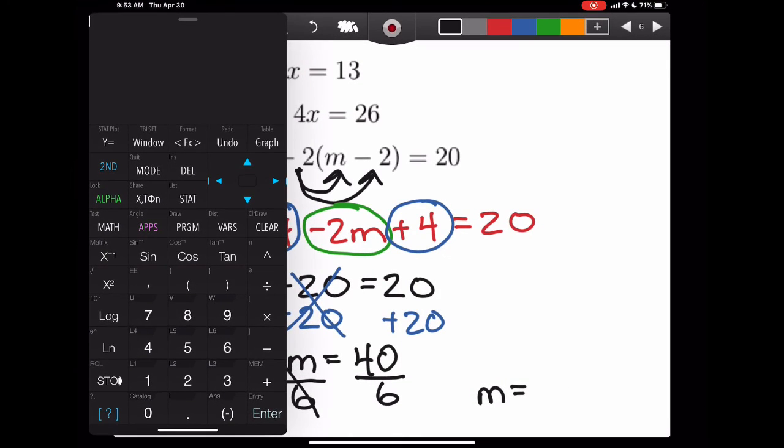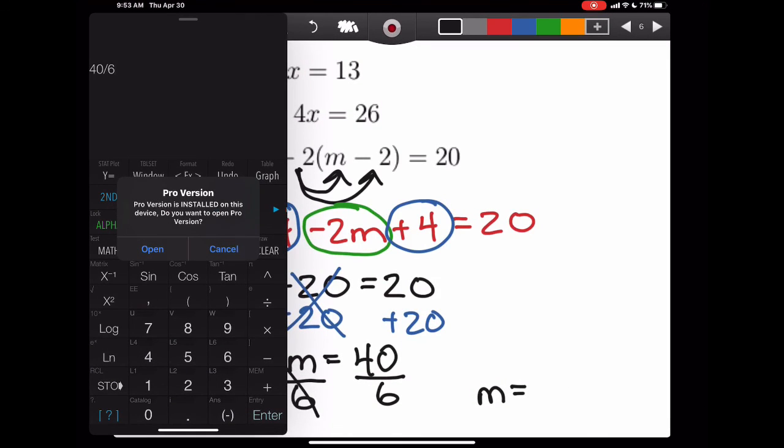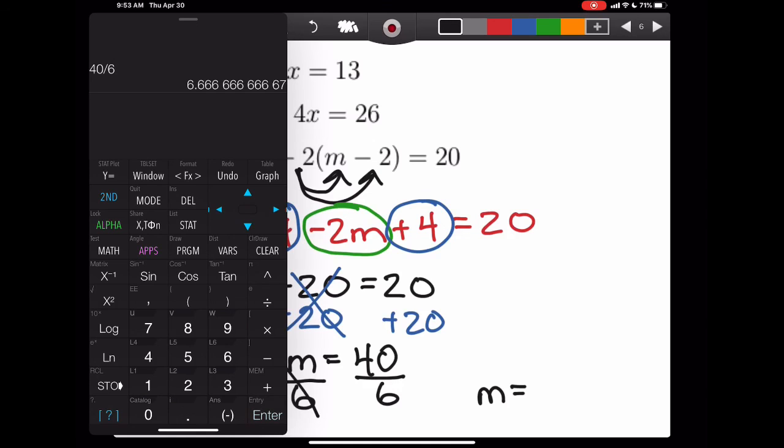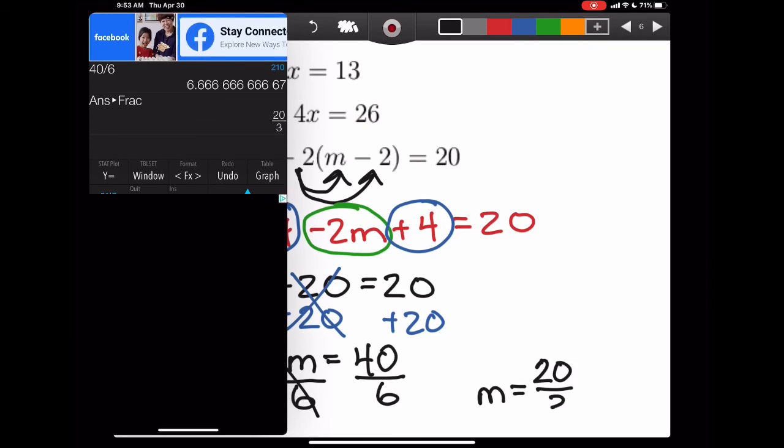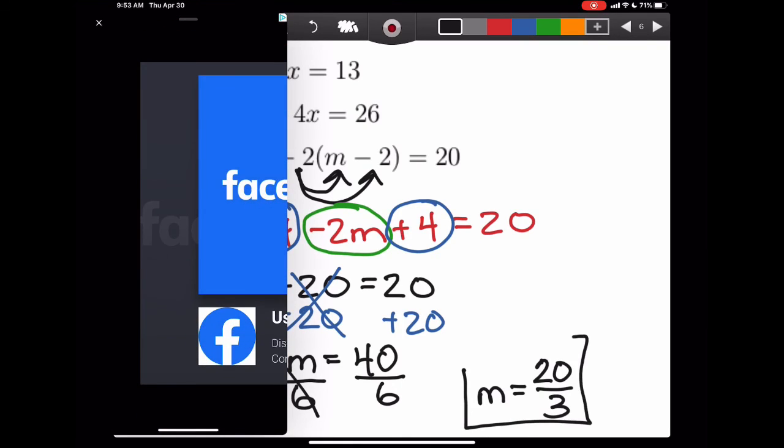Let's do the math real quick. 40 divided by 6. Math, fraction, enter. 20 over 3. That is the most reduced